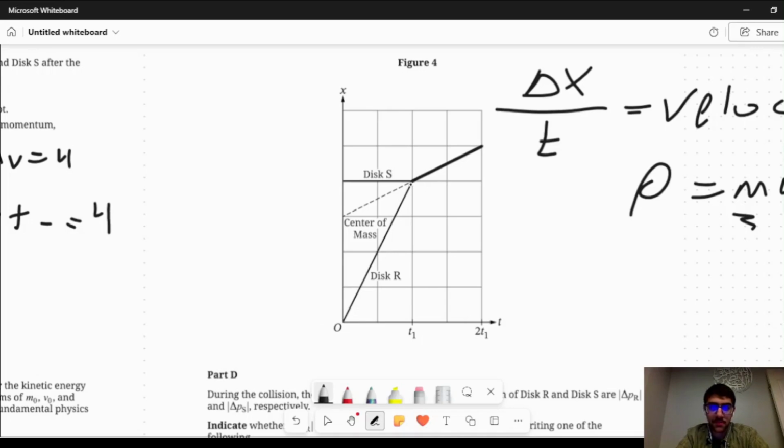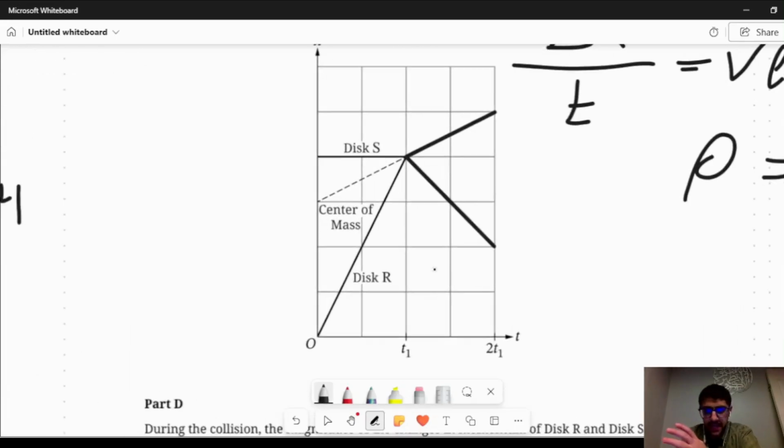Now mine's only going to be, instead of 4 over 2, it's going to be 2 over 1 over 1. Yeah. So because this was 4 over 2, now it's going to be 1 to 1 and negative. So we went from here, it's going to be like this. And explaining it again, we know our initial momentum was